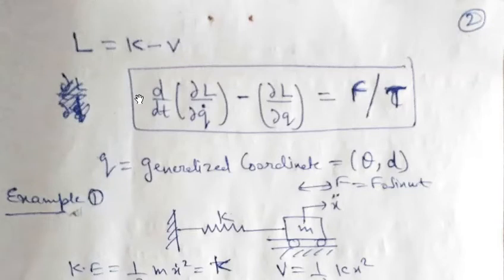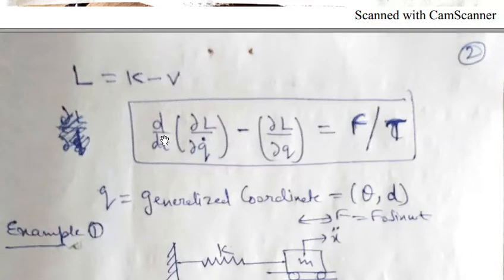So it is very simple to find out. You just want to know what type of kinetic energy is stored in a system, what type of potential energy is stored in a system, and you can easily solve it for a particular method. So now we are going to start one numerical. Basically we are taking a simple spring mass system.